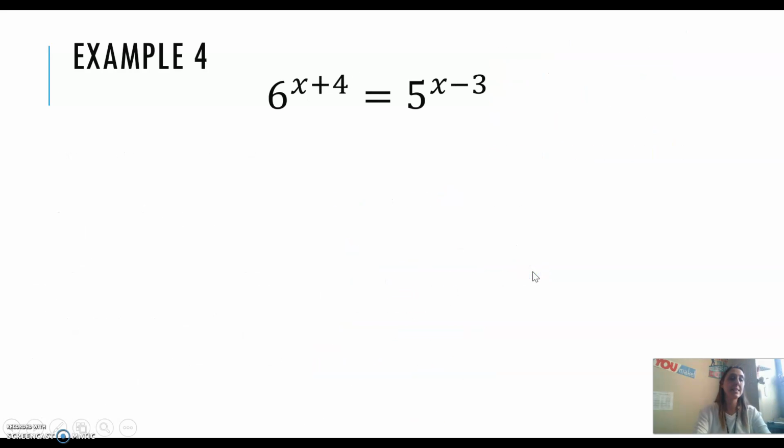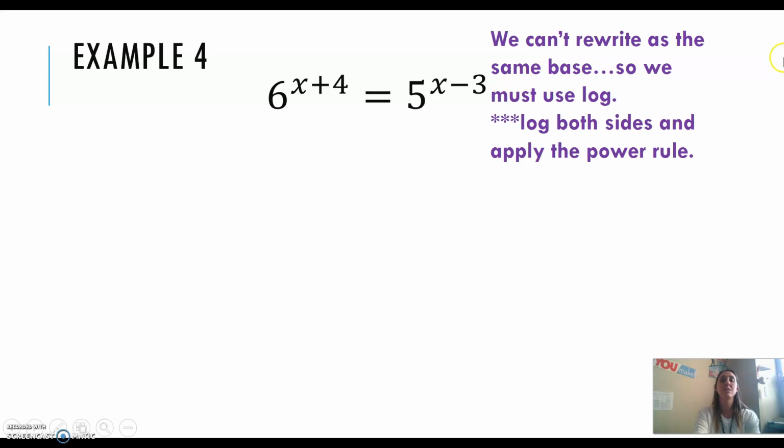All right, our last example. All right, this is a little bit different. We've got a binomial and a binomial as an exponent. So we want to ask ourselves, can I rewrite 6 and 5 as the same base? I cannot in this instance. So since I cannot rewrite them as the same base, we're going to log both sides and we're going to